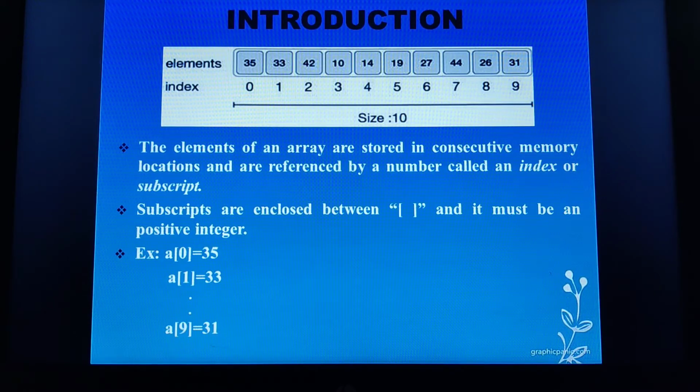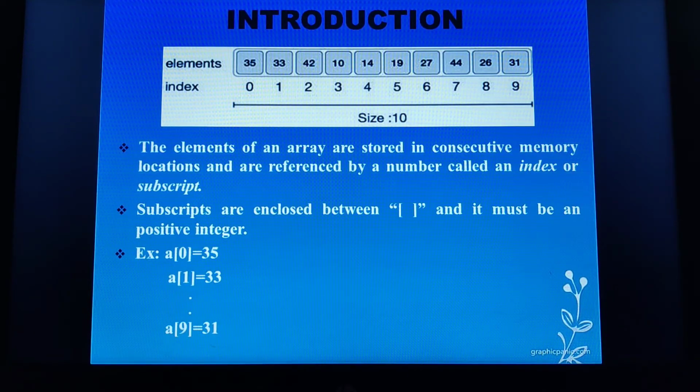What if I want to store 5 elements? What if I want to store 10 elements in the memory? In that case, we have to go for arrays. If you want to store 10 elements or 5, more than 2, any number of elements of the same data type under the same name, then we have to make use of arrays.